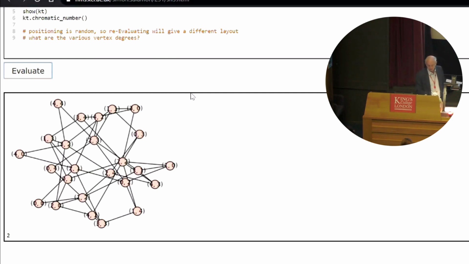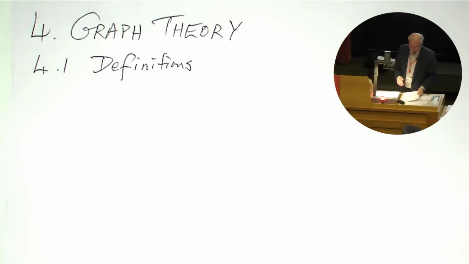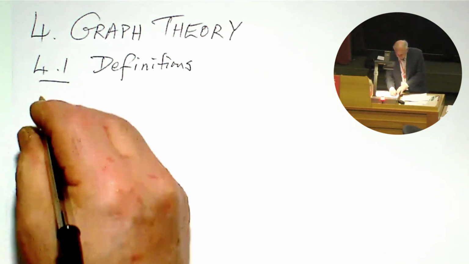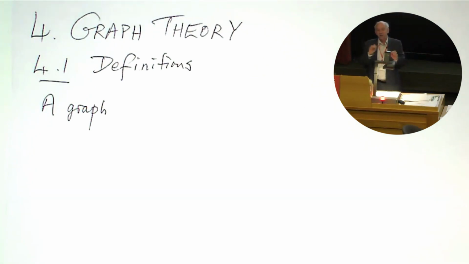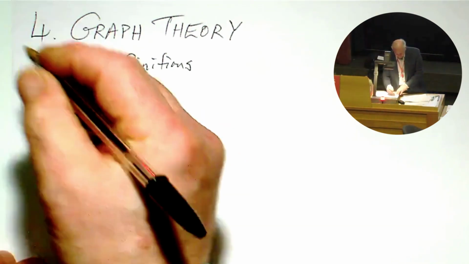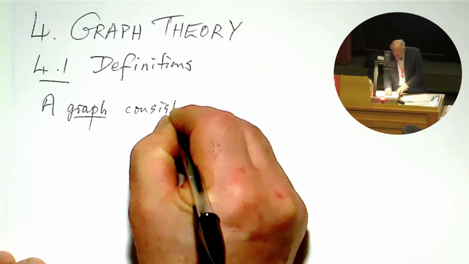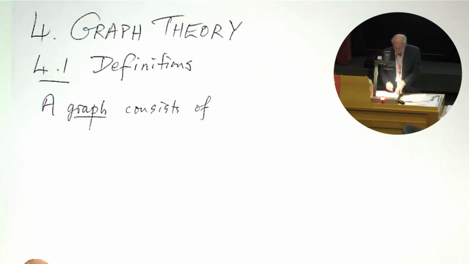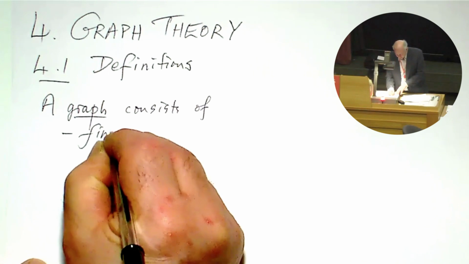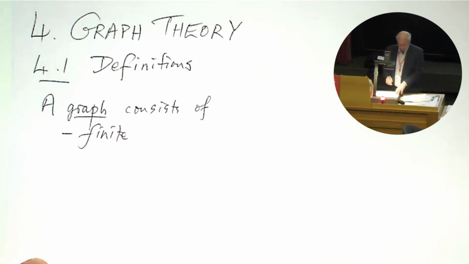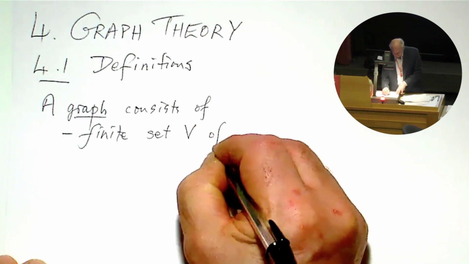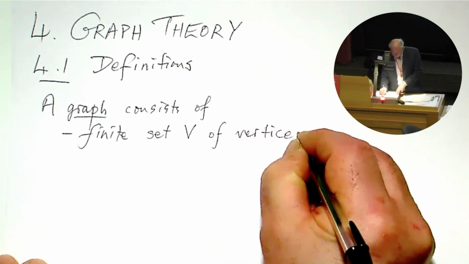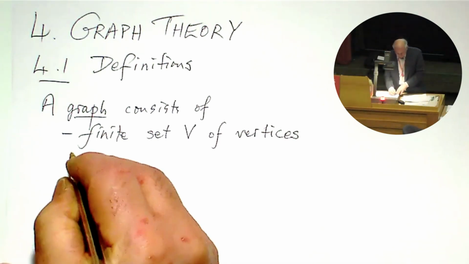Okay, let me go back to the notes. So a graph, what's the essence of a graph? Well, it's really just a configuration of points, which are vertices, and edges between those points. So it consists, copying from the notes, of... Now our graphs will be finite. You could imagine an infinite array, but for this course all graphs will be finite. So there's going to be a finite set, which I typically call V, of vertices. That means points, or blobs, represented by blobs. And a finite